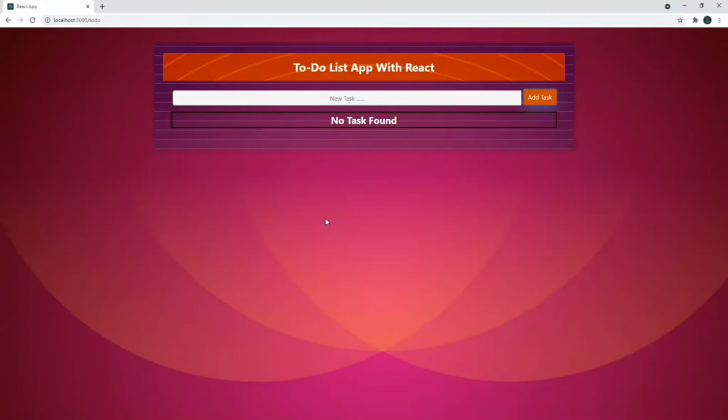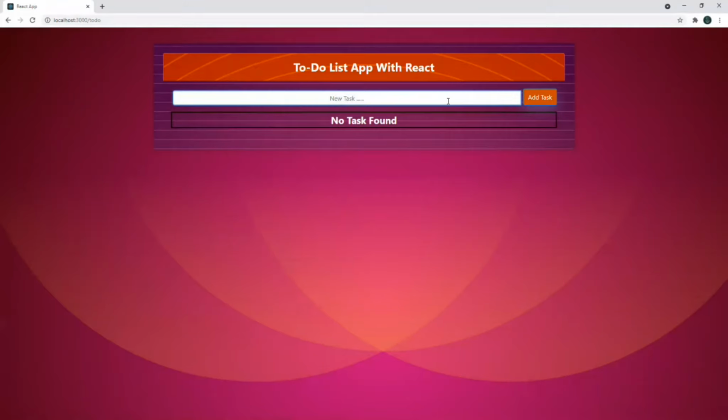You guys know that in this screen we can add a task, and we can delete, edit, and complete. All those operations we can do from this screen. So that's why we are using Axios directly to get the data, send the data, and store the data. For every operation we are using Axios directly, not Redux.